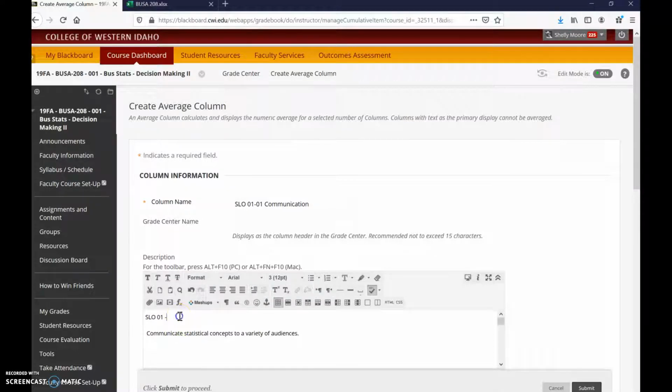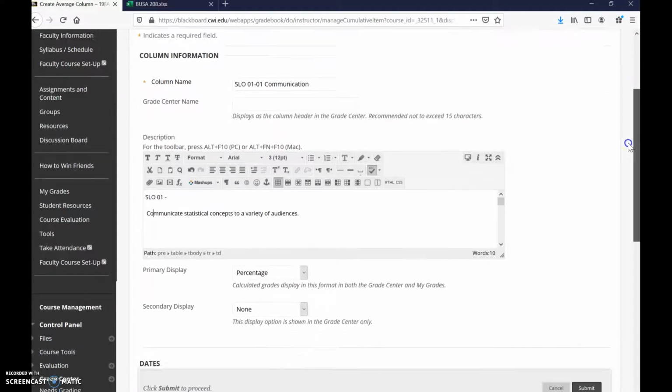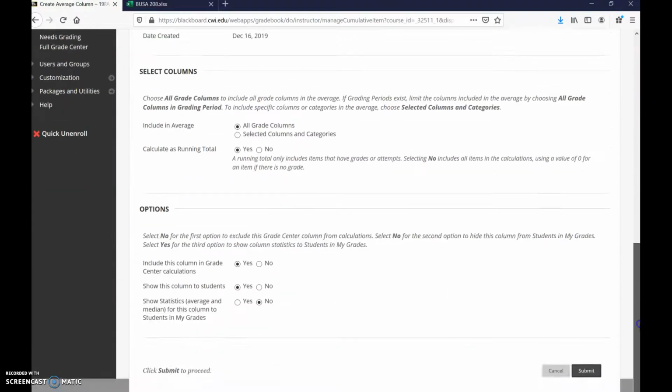So it's all there, except that this is being super weird. Sorry about that. I don't know what's going on there. Anyway, you just want to make sure that it's in there, so if you need to look at it, you have the full description. Then you're going to go down to the very bottom, and you're going to make all of these no,